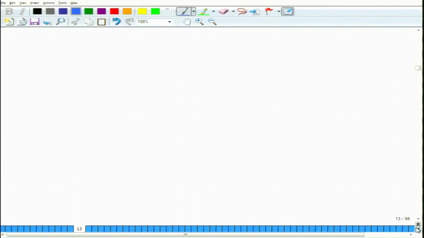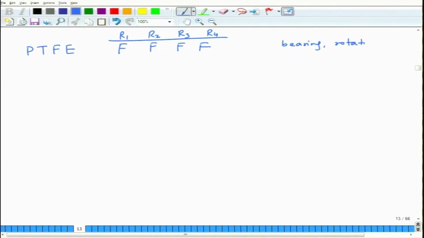And then we have a few more examples. PTFE, polytetrafluoroethylene. In that case, R1, R2, R3, R4 are all replaced by fluorines, F, F, F, F. And PTFE is a very well known engineering material. It is used for making bearings, sliders, and various other components and devices. So this is for making bearings, for example, rotating parts,